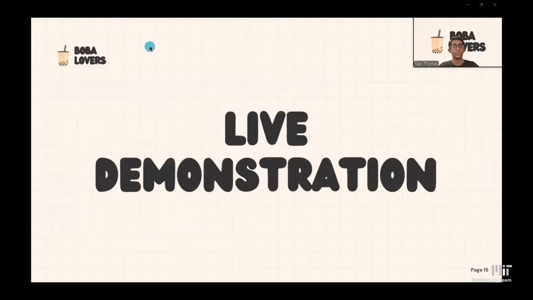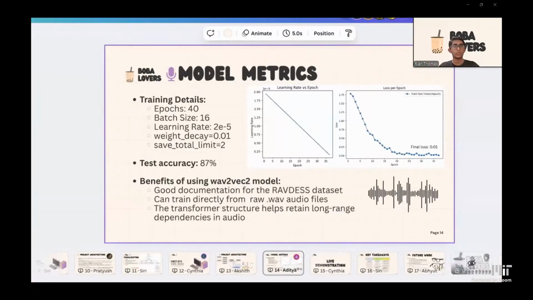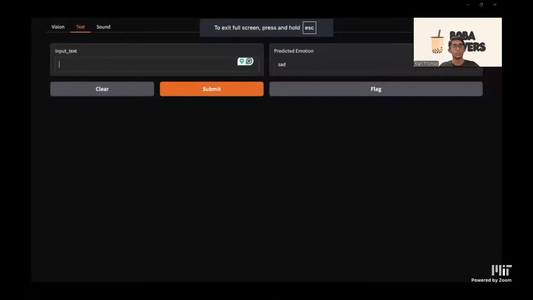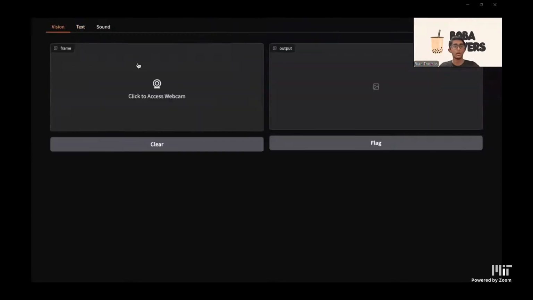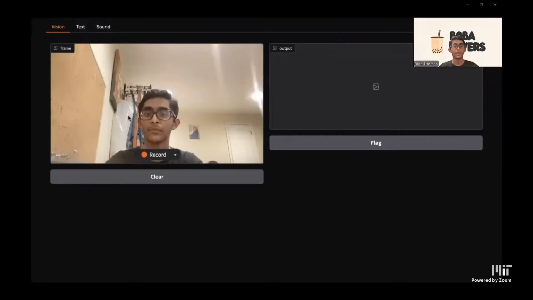And now we have a live demonstration of our interface and program itself. So here is our whole project. We have 3 different tabs, one for vision, one for text, and one for sound. Here for the vision, I can click to access the webcam and I can see myself through webcam. If I press record,